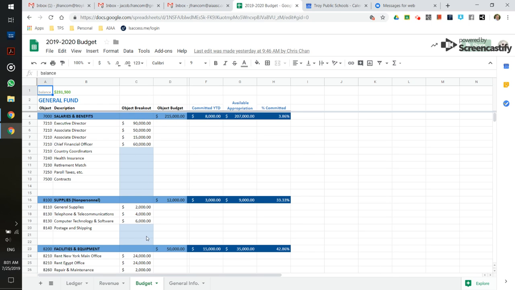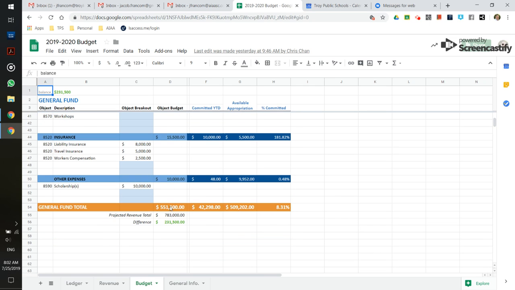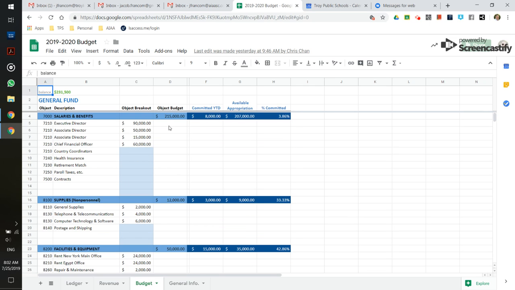As you probably know, a lot of these numbers I was just guessing on. I wasn't quite sure. I figured that Chris would go through and kind of polish the numbers out. So we have the object breakout on the 700 series, 8,000 series, and I use the series that they have for nonprofit. Chris would probably have a better idea of what numbers we need to have in there. And then an object budget, and then it totals down here at the bottom